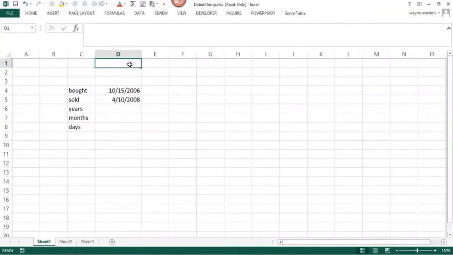In this video, we'll introduce you to the DATEDIFF function. Our file is DATEDIFFtemp. This function is not on the function wizard. The way it works is you just type equals DATEDIFF, a starting date and an ending date, and you